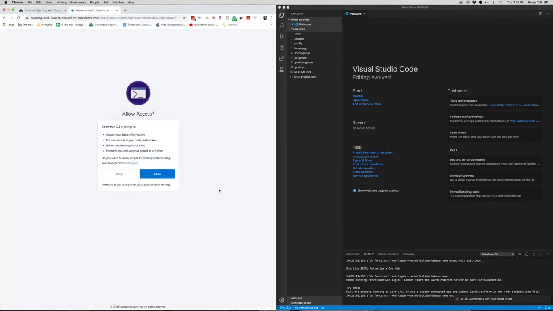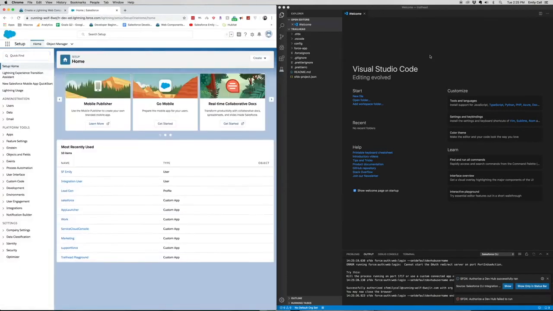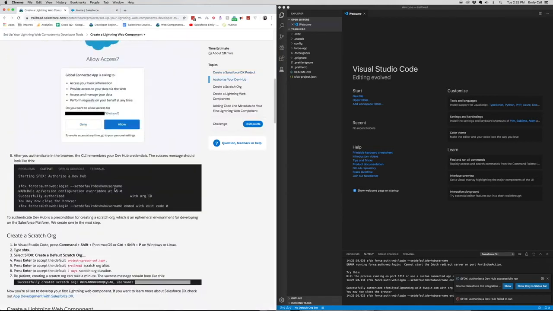And so what happened, so let's go ahead and click allow. Usually what would happen was you'd authorize your Developer Hub over here in your Studio Code. It'll open up a new tab in your browser, and then you'd authorize your Dev Hub. So now that we've done that,